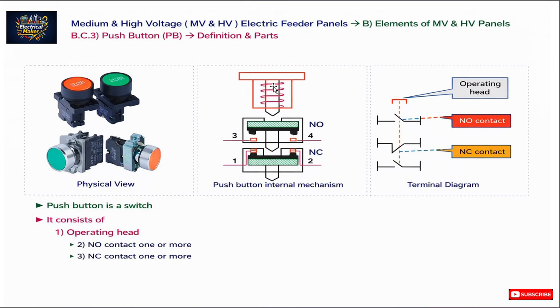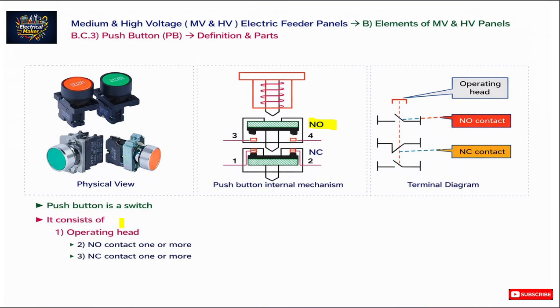Here you can see an operating head. You can see in the terminal diagram also, NO contact, NC contact in both the figures. As you see in all three figures, now I am going to discuss